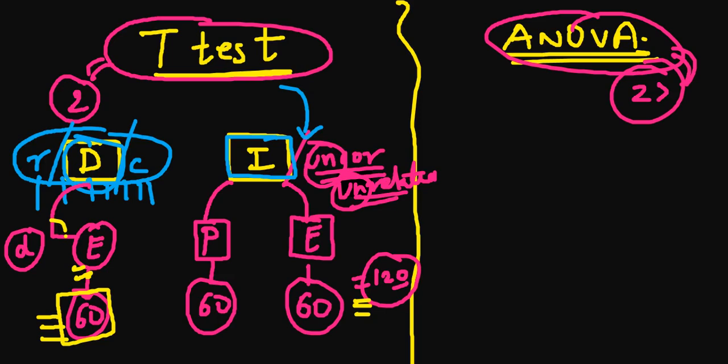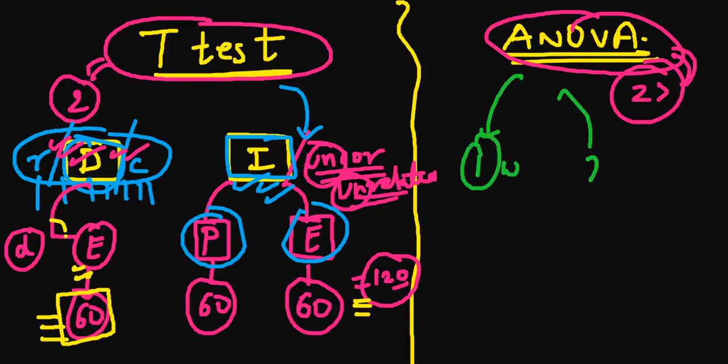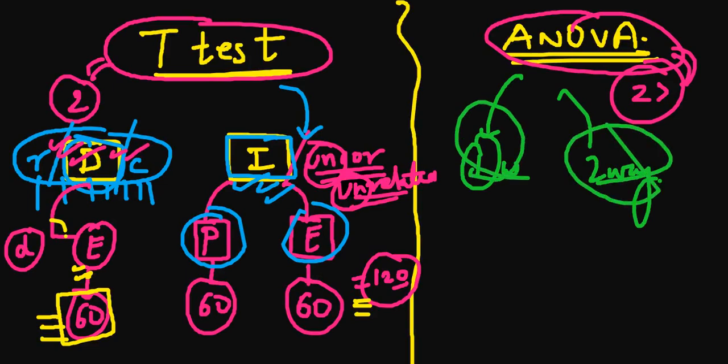Okay, the number of samples: whether they are being retested or tested again, that will give you the answer as the dependent sample. And if they are not related in any way, what will be the answer? The answer will be the independent sample. And in ANOVA it's simple, either it's one-way or two-way. One-way and two-way ANOVA we have over here, for more than two groups, more than three groups.